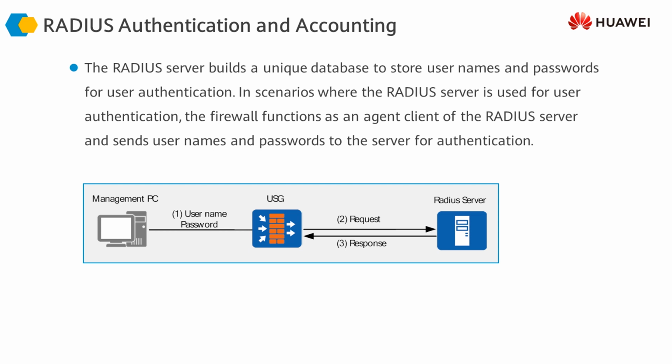Whenever a user tries to log into the USG, the USG itself will not permit or deny access. However, it will send the credentials to the Radius server for a decision. If credentials are matched on the Radius server, access is allowed by the USG to the user. Otherwise, if the credentials do not match, the access is going to be denied.